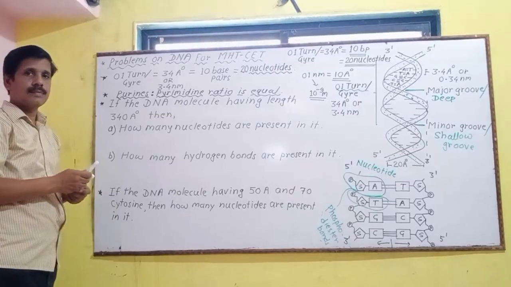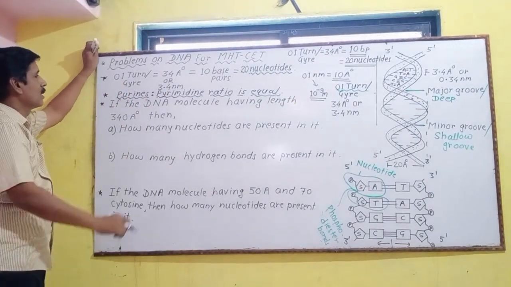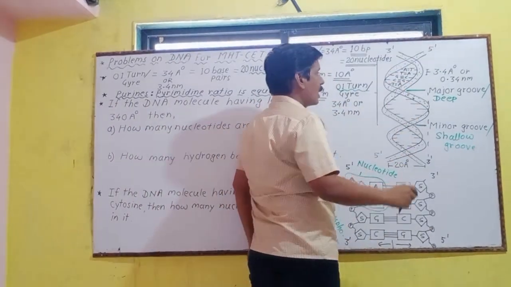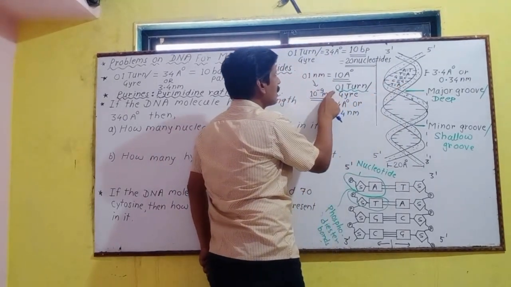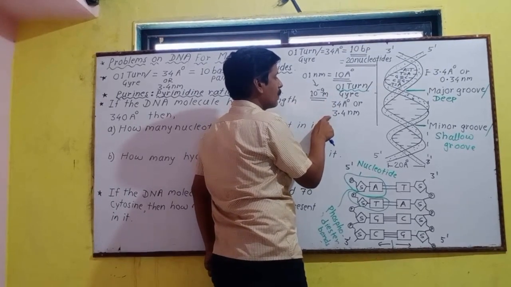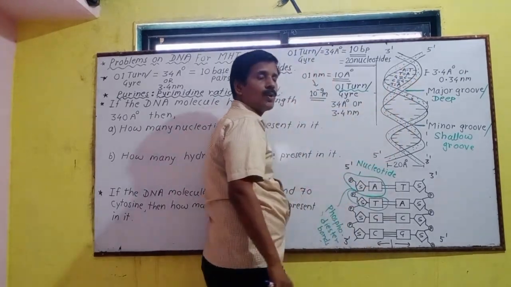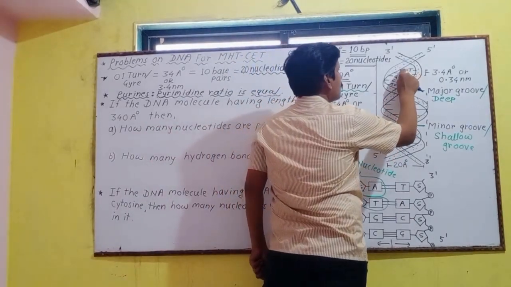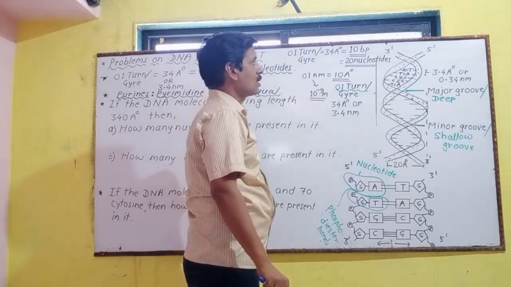Okay, thank you. Now let us see some problems based on the molecular structure of the DNA. We know that when the two strands of the DNA get coiled along each other, there is a formation of a loop. This loop is nothing but one turn or one gyre, whose length is 34 angstrom or 3.4 nanometer. Inside each loop there are 5 base pairs present, and the distance between two adjacent base pairs or nucleotides is 3.4 angstrom or